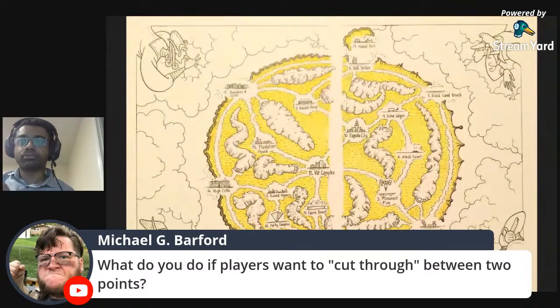And we included notes in there. What if the players want to climb them? What if they want to just cut directly between these two? And you can do it. It's going to take a lot of work and probably some climbing tools, but if you really want to cut